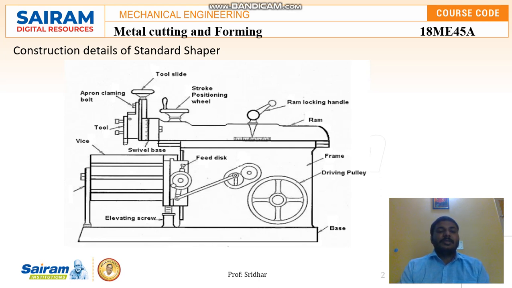Now we will see in depth the constructional details of the shaping machine and how the standard shaper works. This is the standard shaping machine used to make keyways, holes or grooves. This is the base, where the elevating screw is fixed and can be adjusted only for a certain distance. The base is normally fixed on the floor because more vibrations are produced, so to arrest the vibrations using dampers, we fix the shaping machine on the floor itself.